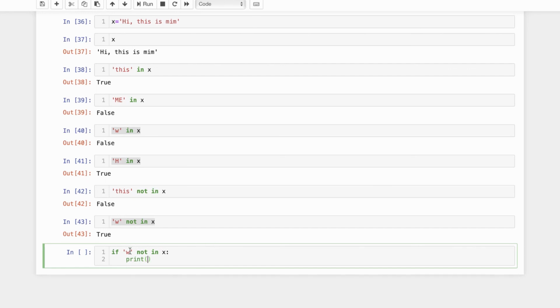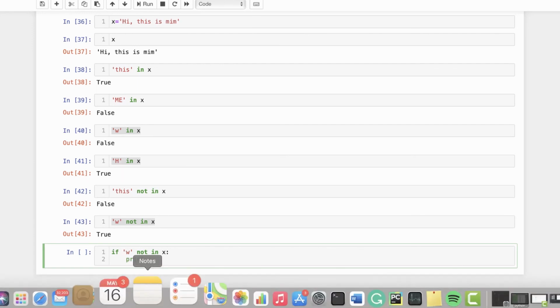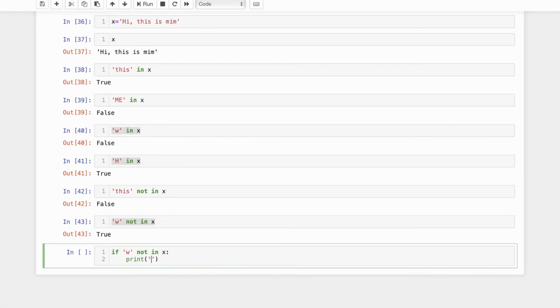So we know the if statement gets to the second line if this command is true, right? And now we know this command is going to be true because we know the w doesn't exist in x. So that's why we get to this second line here. And I can say print w